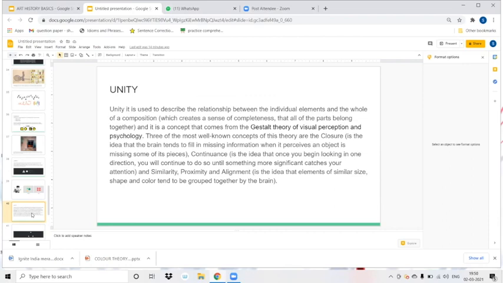Unity is very close to harmony. Harmony is when all of the things come together and they do not disturb the eye. But unity is when you look at a particular composition, there shouldn't be a feeling that there should have been something more to a composition. So the completeness, the feeling of everything coming together as one is what unity is about. For unity,